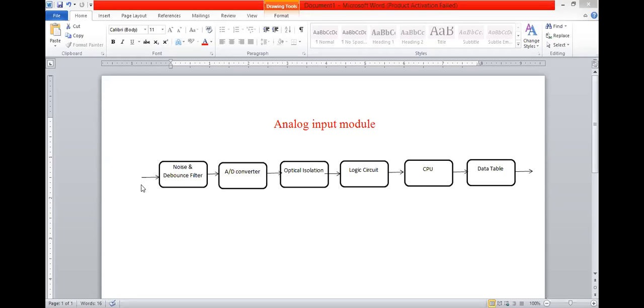Then the output is given to the A to D converter, which is nothing but the analog to digital converter. It converts the analog input coming at the input into digital form. Digital form means not DC, it is binary form.